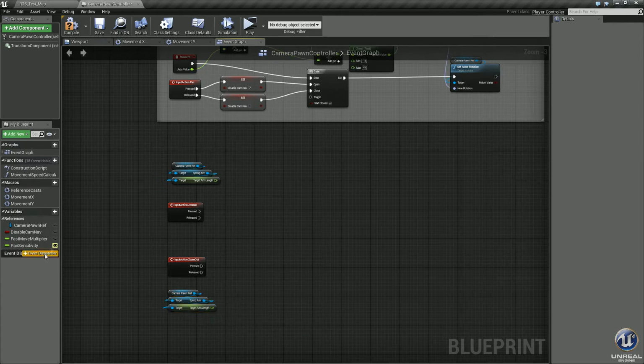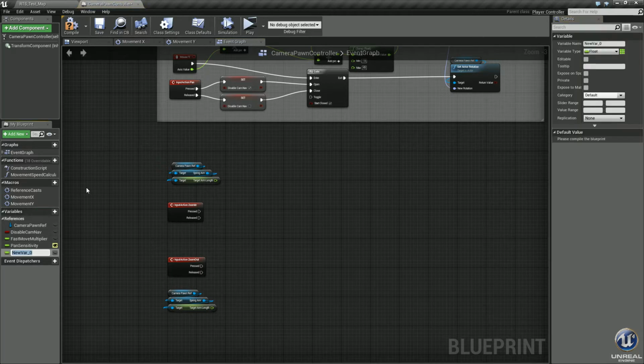Tighten it up. All right, now we need a couple new variables. Let's go ahead and click this one. We will call it Zoom Sensitivity. Let's go ahead and make this editable. The zoom sensitivity is going to be how fast we zoom in or out. Let's make it editable, because maybe you want to make this a player setting, a player option, so we can do that from elsewhere. And then our next one we will call Max Arm Distance. We don't need to make that one editable.